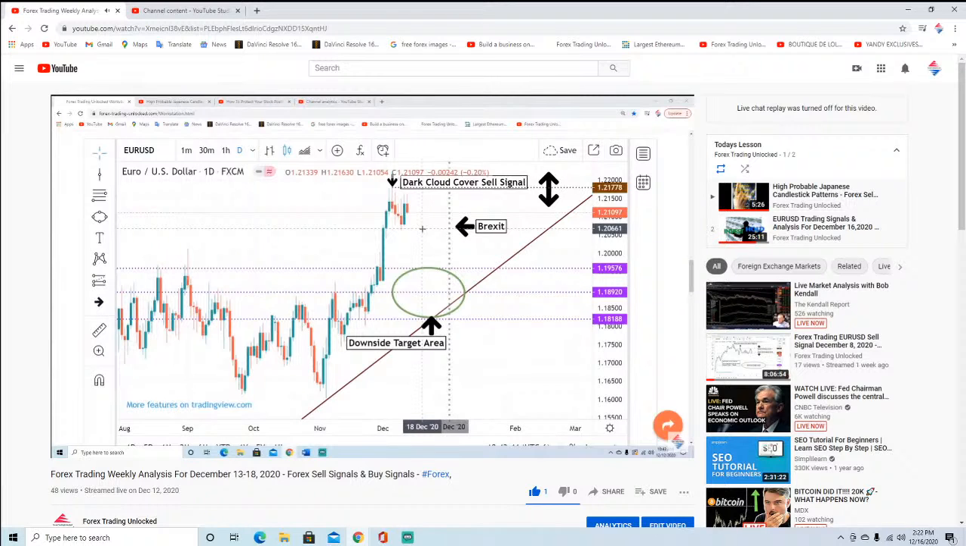After next week, we're going to have 2 holiday shortened trading weeks globally. It's going to impact the currencies as well as far as volume and stuff like that. So let's go look at the other